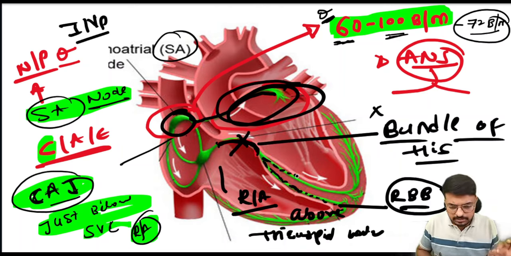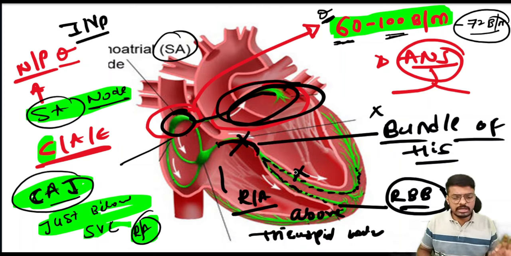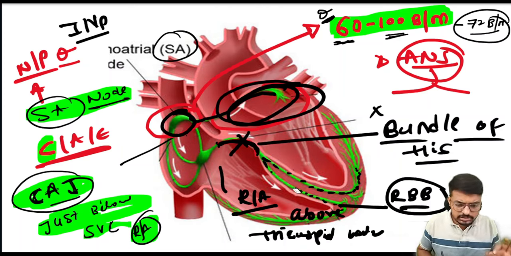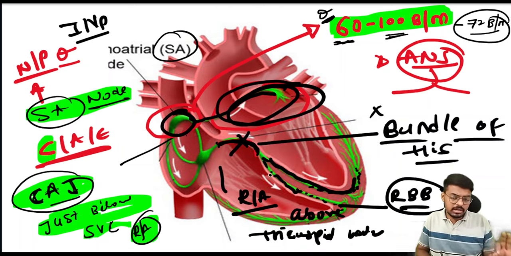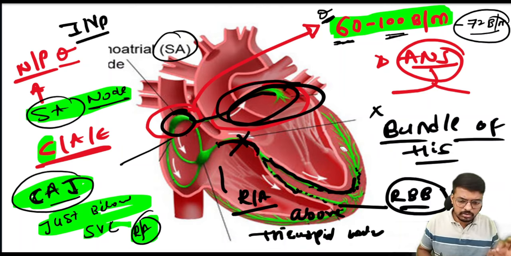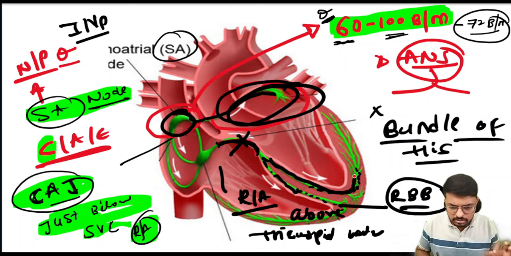If here you people are getting the block, that is called the bundle of His block, and if the right bundle branch is blocked, we call this the right side bundle branch block. Here this one is the left side bundle branch. So if you get questions like left bundle branch block, it means blocking in the left side of the bundle of His. Okay, we can say this is the left bundle branch block. All you people have to know which is the right side bundle branch, which is the left side bundle branch. This one is the right side, this one is the left side. Okay, these are called the bundle branches, and the small fibers which are going here and supplying directly to the myocardium,